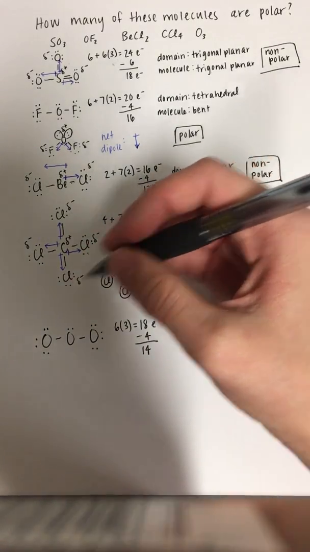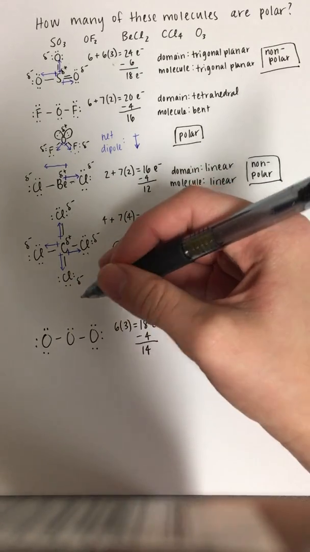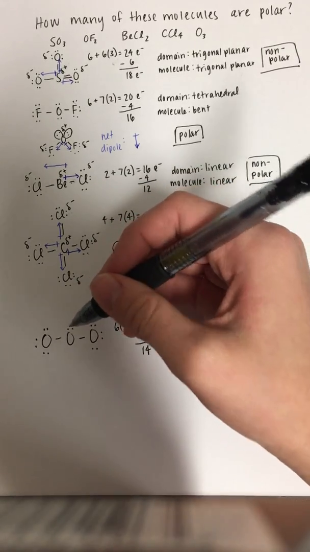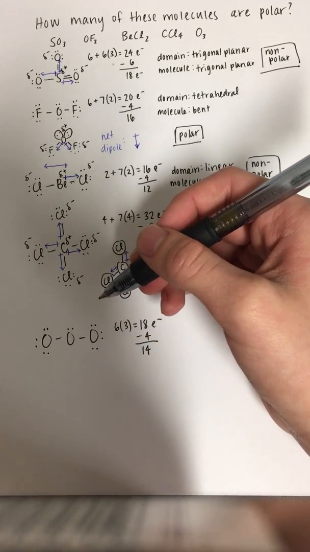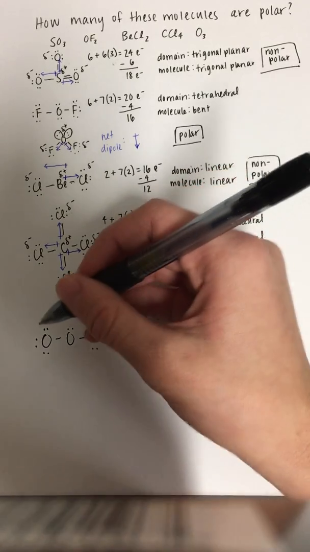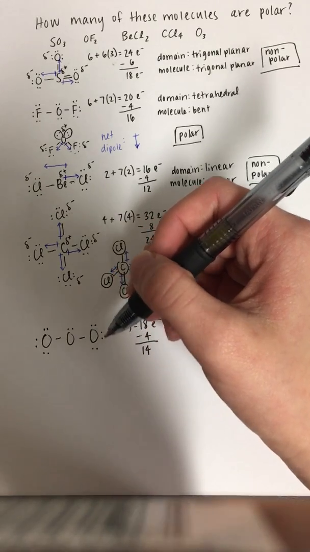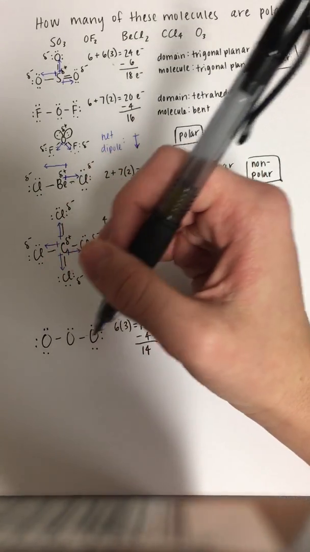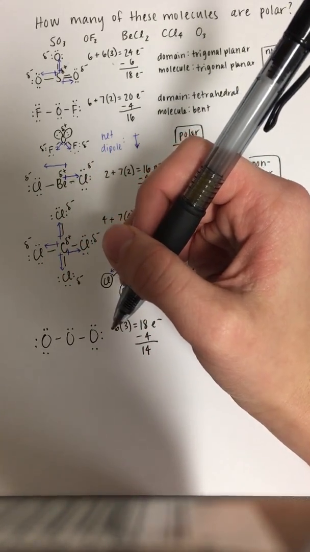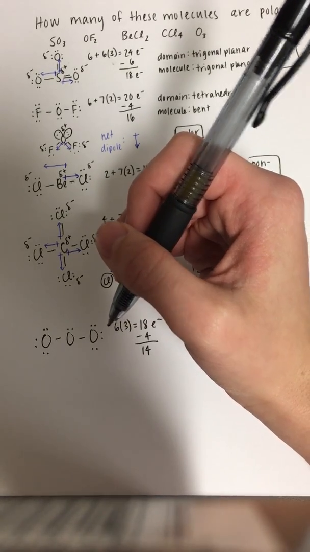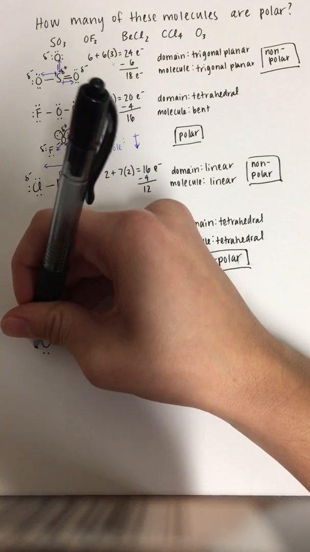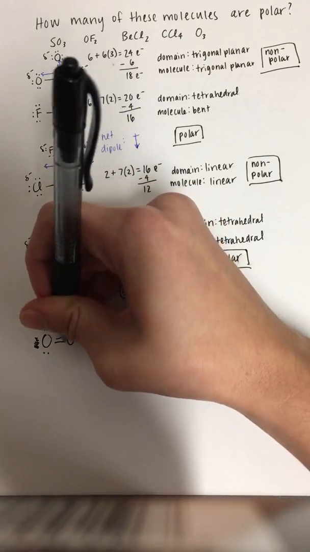So we notice that oxygen only has 3 domains. It does not have a complete octet. So this means we're going to want to take one non-bonding pair from either one of these outside oxygens and create a bonding pair with the oxygen in the middle, so that way there can be an octet on the central O atom. So it doesn't matter which one you take, but I'm going to take